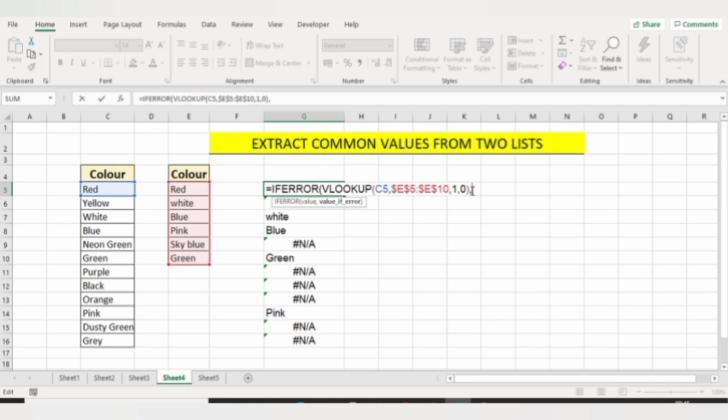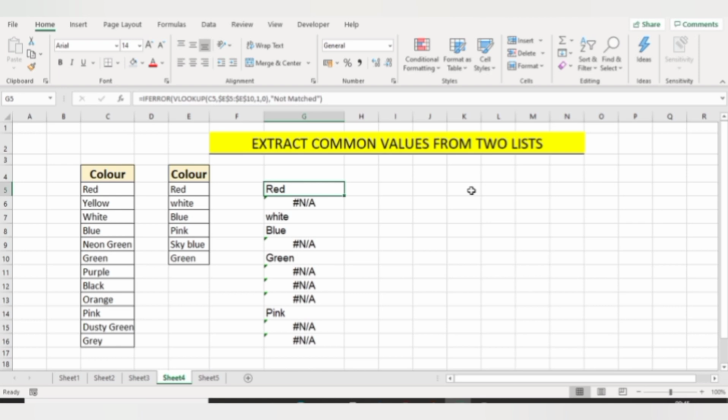So if there is an error in that cell, then I want "not matched" as my answer, and close the brackets. So for all those colors which are not present in column number 2 according to my column number 1 or list 1, here I got "not matched" as my answer.